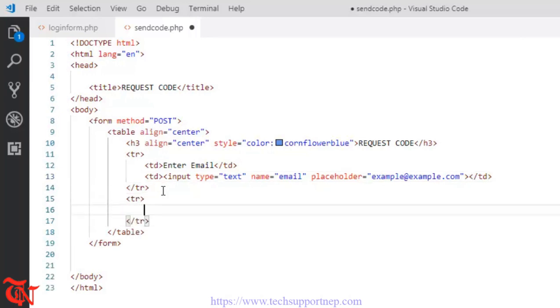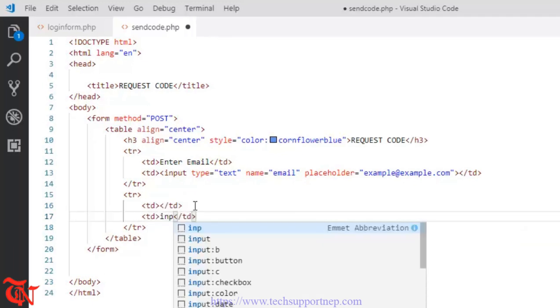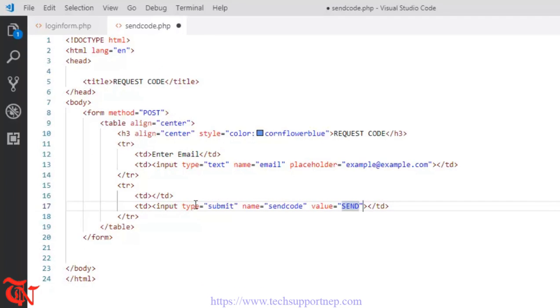and another table row. Inside that table row, another table data, and here goes input type is equal to submit, and name is equal to send code, and value is equal to send. We are going to send an email in which we are going to attach the code,